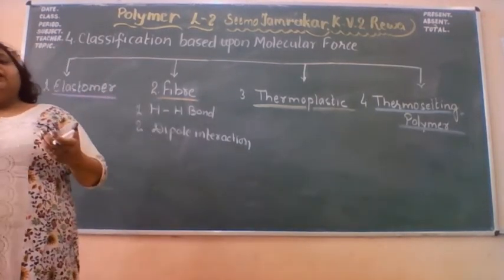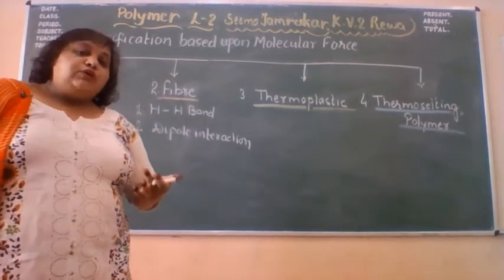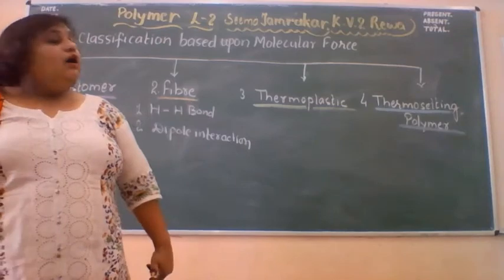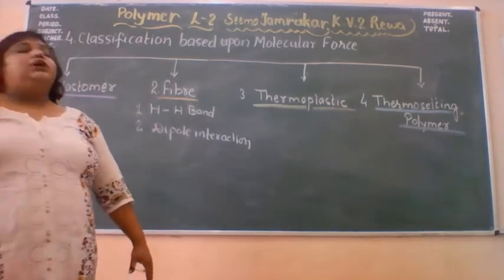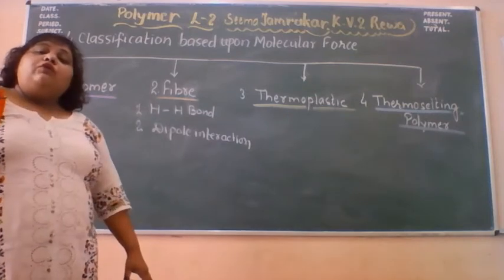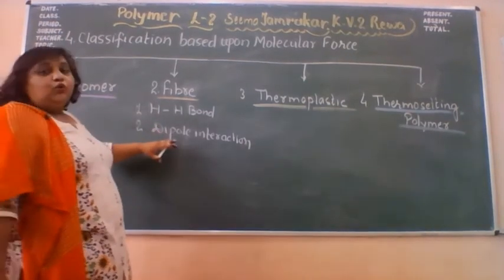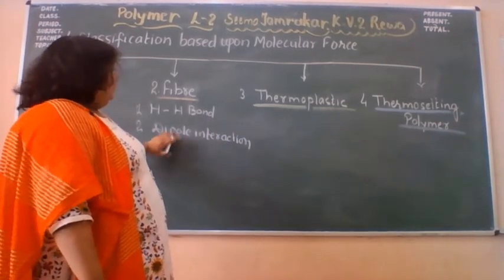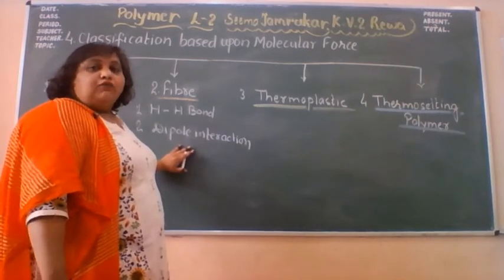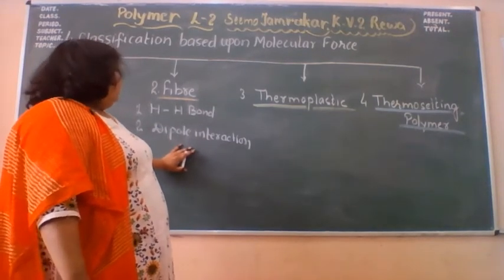Hydrogen bonding, right, it may be the similar kind of intermolecular, intramolecular, both kinds of hydrogen bonding are possible here, but in the case of the dipole interaction, right, always two different functional groups are required, two different functional groups must be present, right. Nylon is one of the common examples of this category of polymers, right.